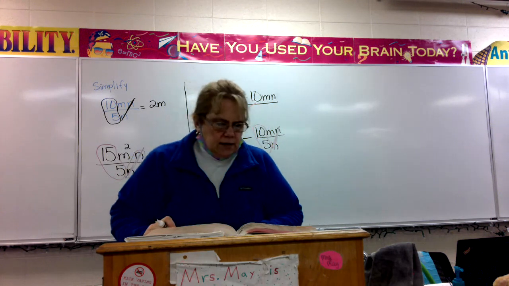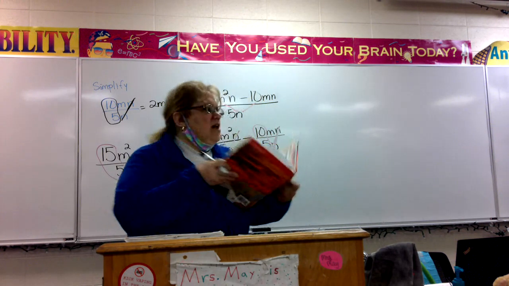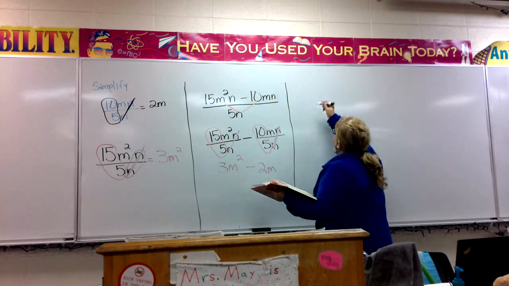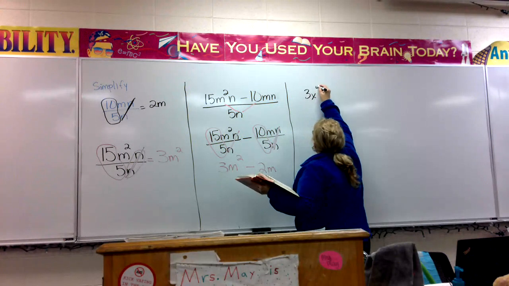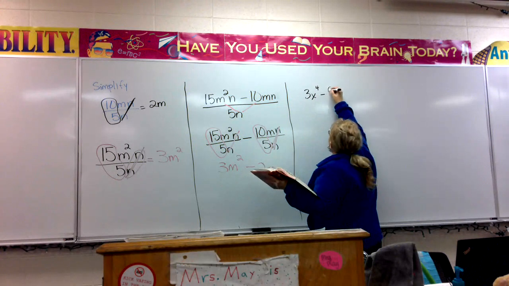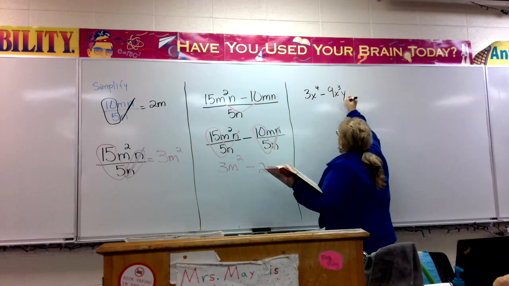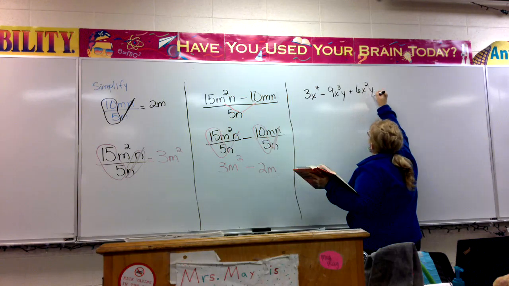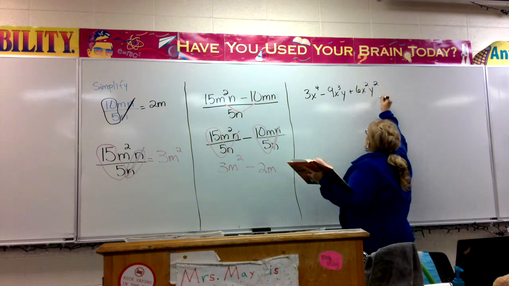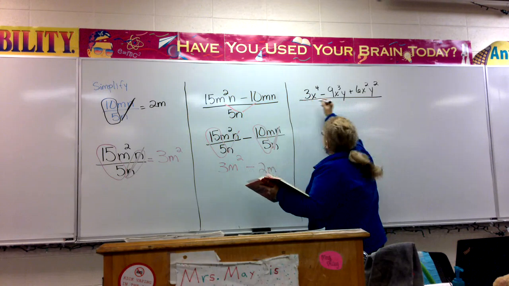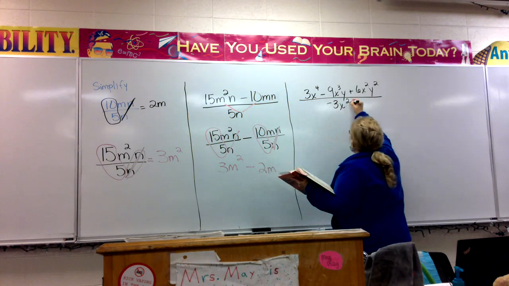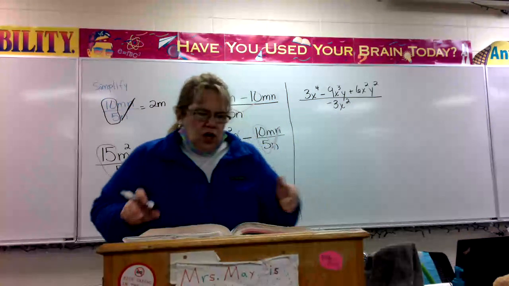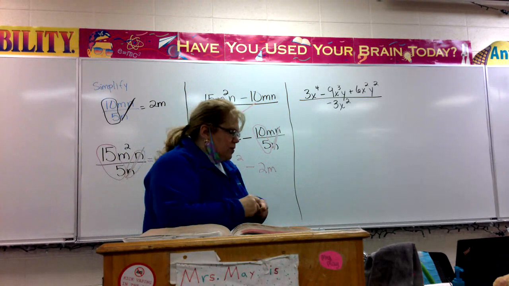Isn't that easy? Oh, let's try another one just for fun. I can see how much fun you're having. 3x^4 minus 9x^3y plus 6x^2y^2 all over negative 3x^2, like that. So if that's the problem in the book,